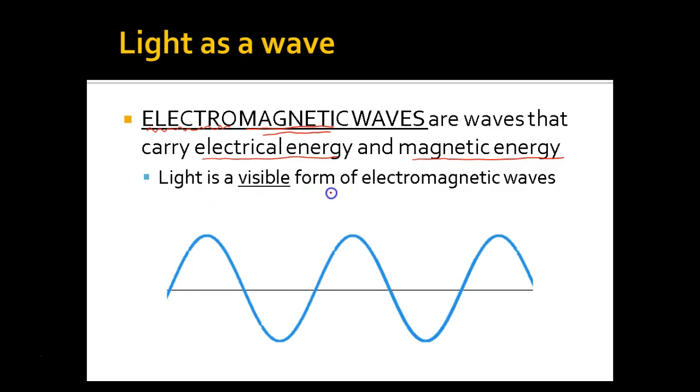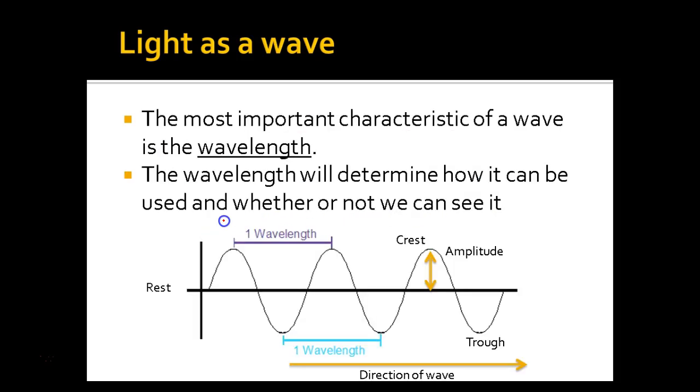The light that we see is part of something called an electromagnetic wave. Now, if we want to know what that means, we really need to know about that wave. If light is a wave, we need to know something about wavelength. Wavelength is right here, from the top of one wave to the top of the next wave. The length of it determines if we can see it or not. If you change the length, then you can change the energy of that wave. We're going to learn more about that